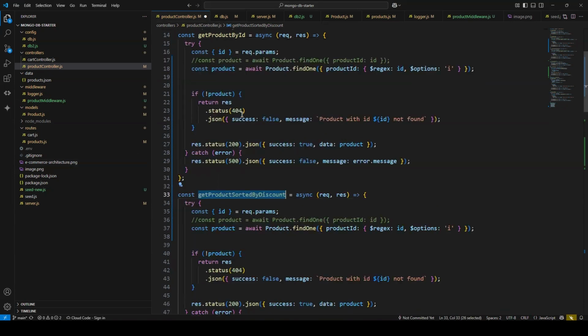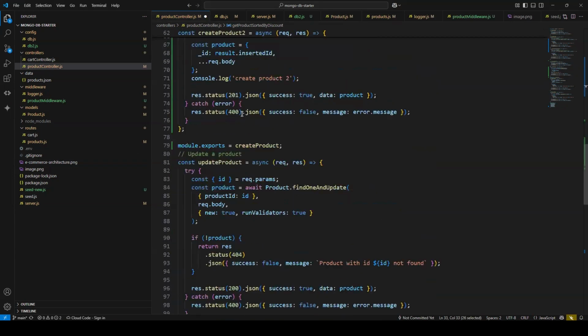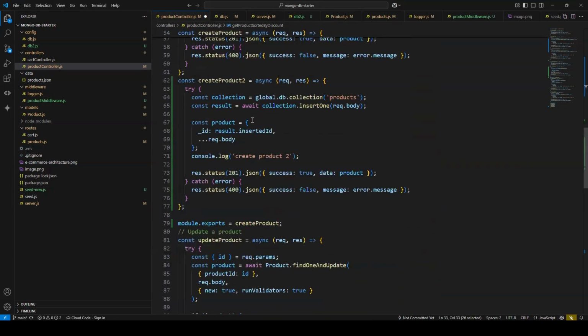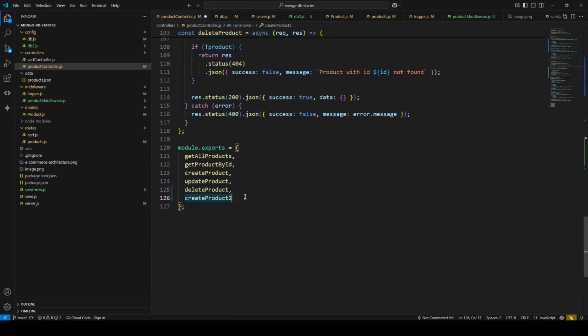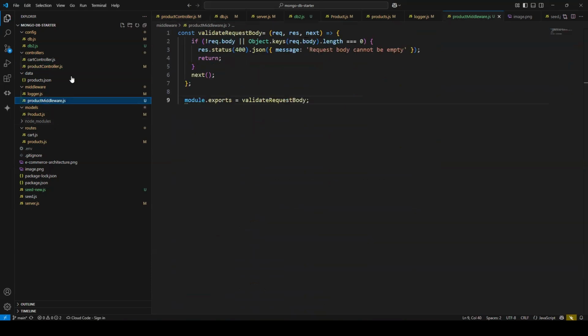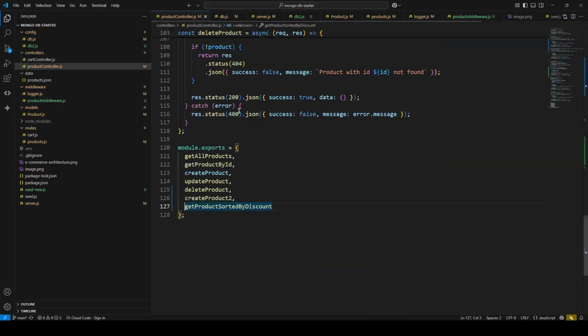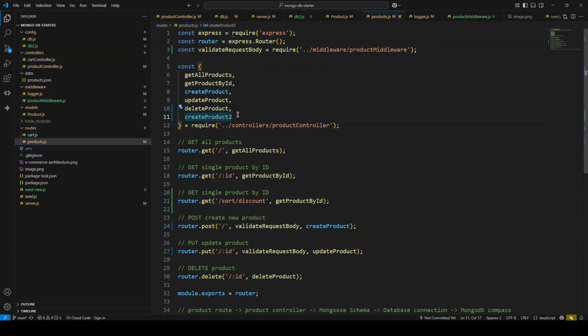Let's export this. Whenever I export, I immediately go to the main file and update it as well, so that I don't forget. But you guys are free to